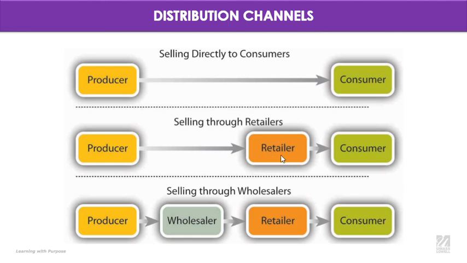We are not involved with sales and handling the products, creating places for people to go to, to touch them, to try them, etc. We just produce, send them to the retailer, the retailer does the rest of the job, and they sell it. So that's the second distribution channel. And the third one is a little bit longer, selling through wholesalers. When we are producing, we sell to a wholesaler that receives products from many brands, and then they distribute them to retailers like supermarkets, and then the retailer sells it to the consumer.